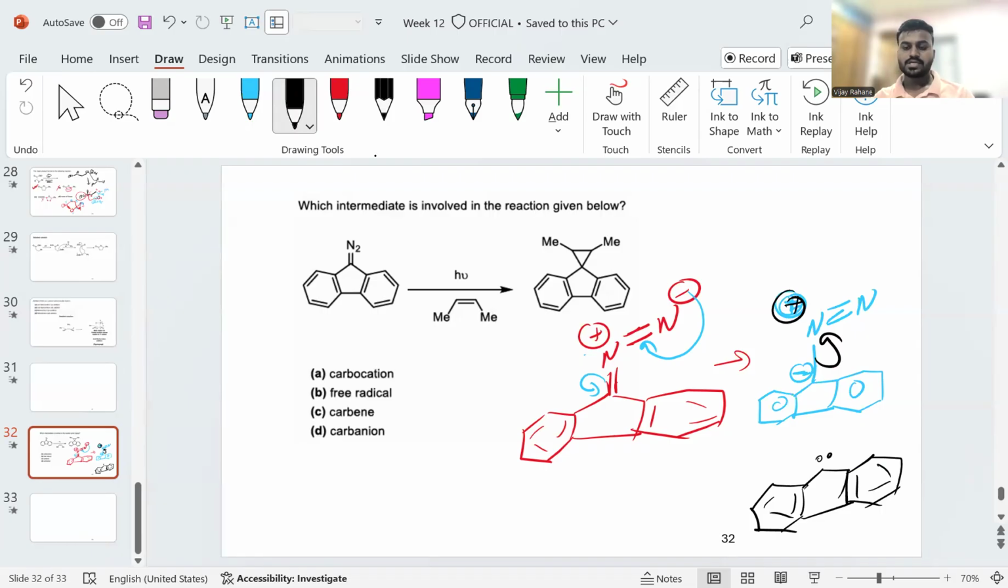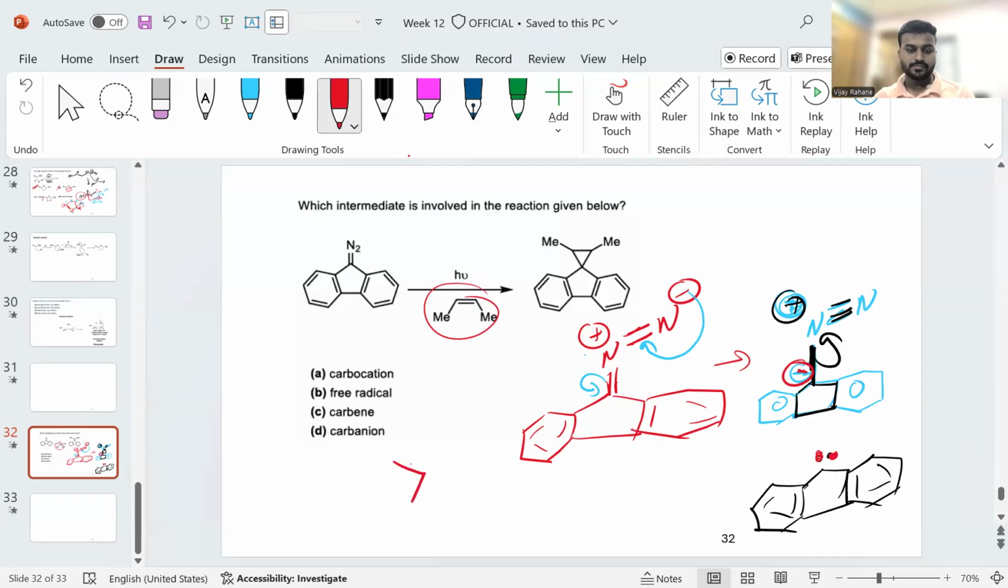So here the carbene formation takes place because the bond pair of electrons from this carbon-nitrogen bond will go to the nitrogen, and only the negative charge remains on this cation. Negative charge means those two electrons. So this is the free radical, and this is the carbene, and when it reacts with the double bond, so obviously it will form the